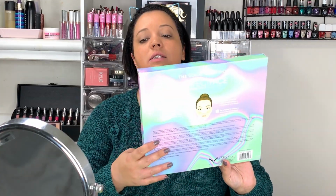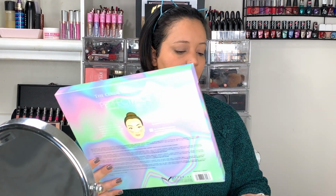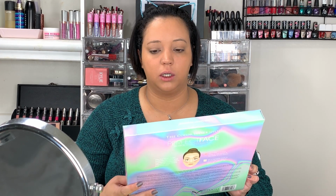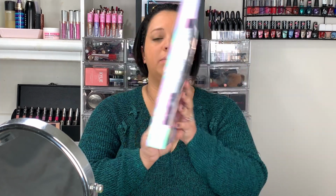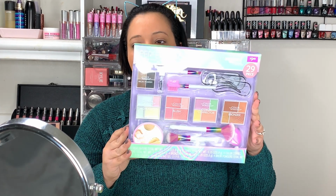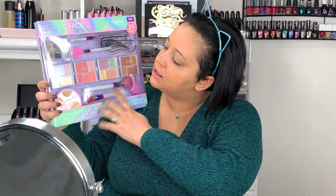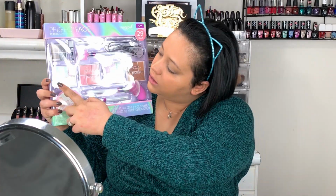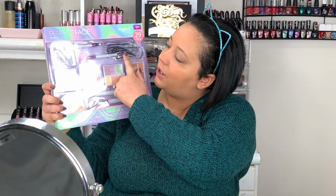Next thing is $9.88, and it's Magical by the Color Workshop. I think a lot of the stuff I have is by the Color Workshop. Perfect Face 29-piece makeup collection, and it has like this unicorn vibe going on the packaging, but it does come with, let me make sure my mirror isn't blocking you guys. So it does come with highlighter, blush, color corrector, bronzer, eyebrow stencils,